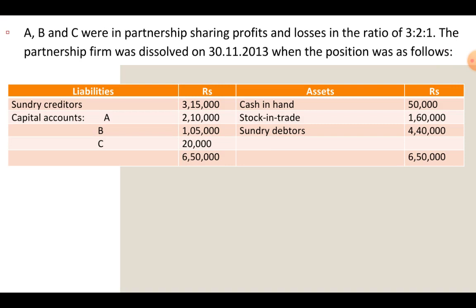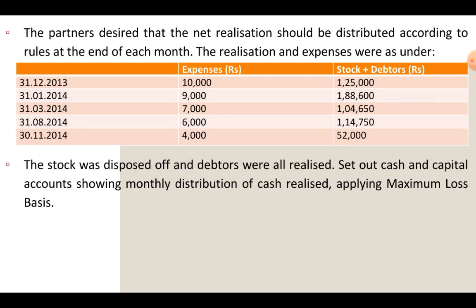So we have the balance sheet here. Liability side: sundry creditors 3,15,000, capital accounts A, B, and C 2,10,000, 1,05,000, and 20,000 respectively. On the asset side, we have cash in hand, stock and trade, sundry debtors, worth rupees 50,000, 1,60,000, and 4,40,000 respectively. Additional information: the partners desired that the net realization should be distributed according to the rules